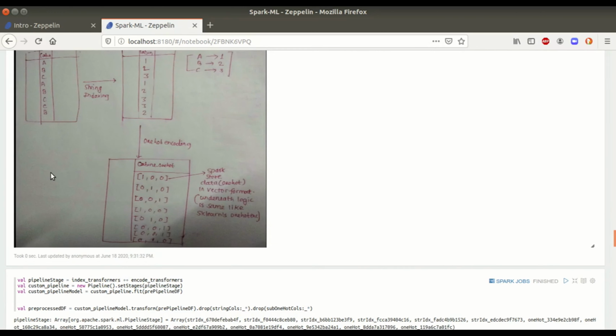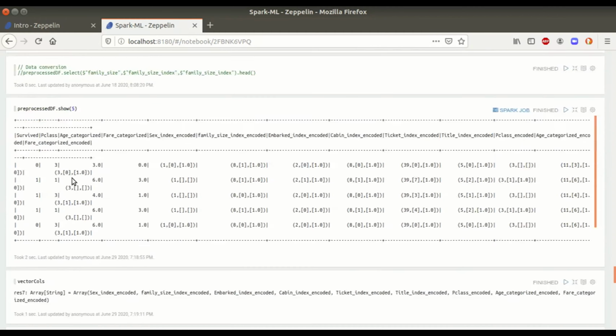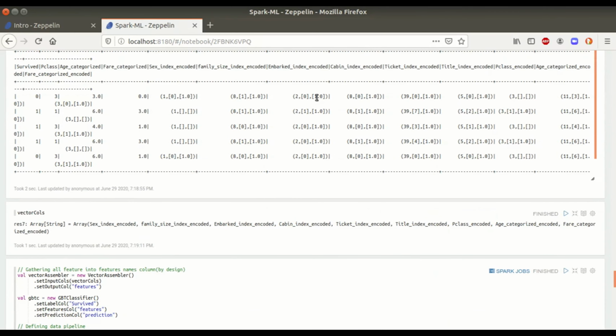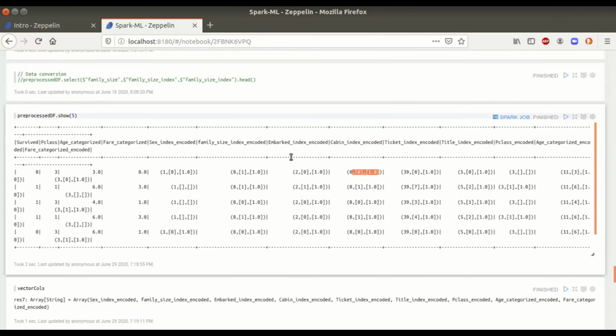Behind the scenes, when we show this data, Spark rather than showing all the columns shows only the index for which the value is 1. So if you see here, it shows that the 8th index is marked as 1 and the distinct values are this many.